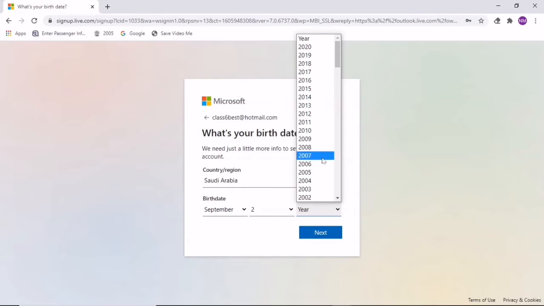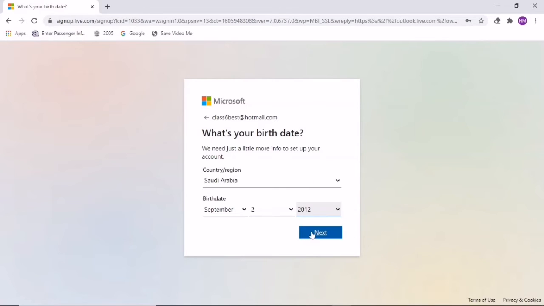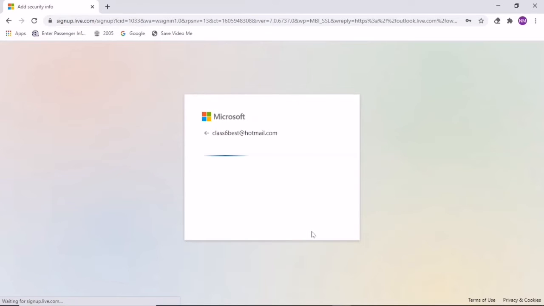Now press it. It will take a little time and the next page will open.